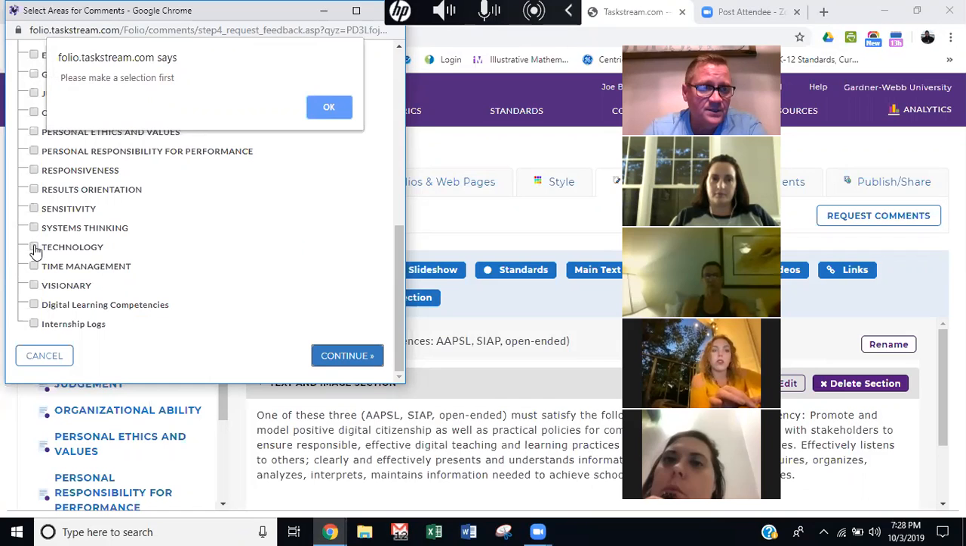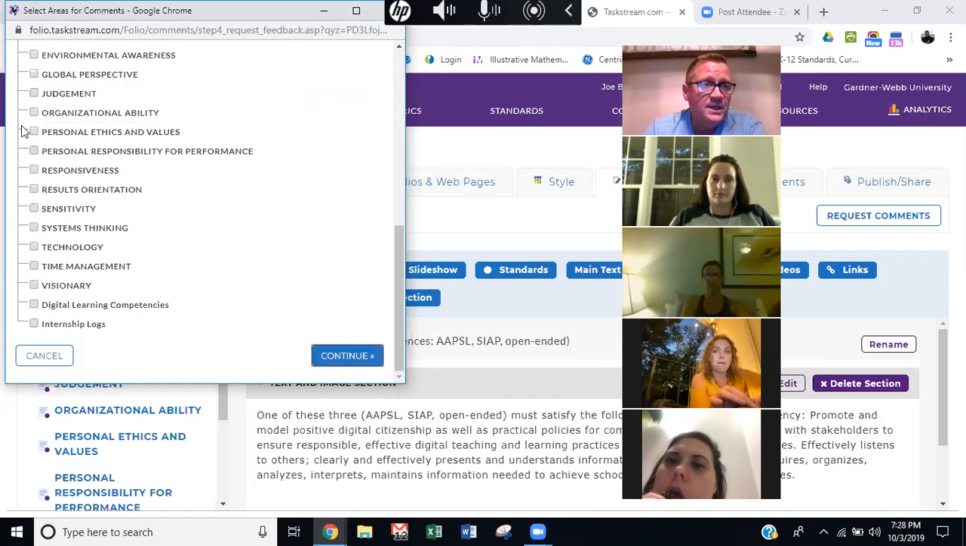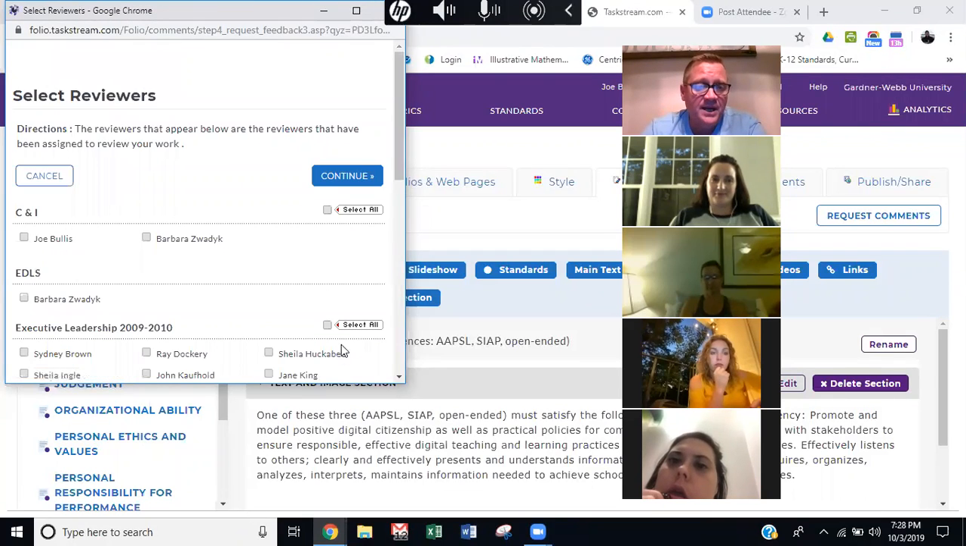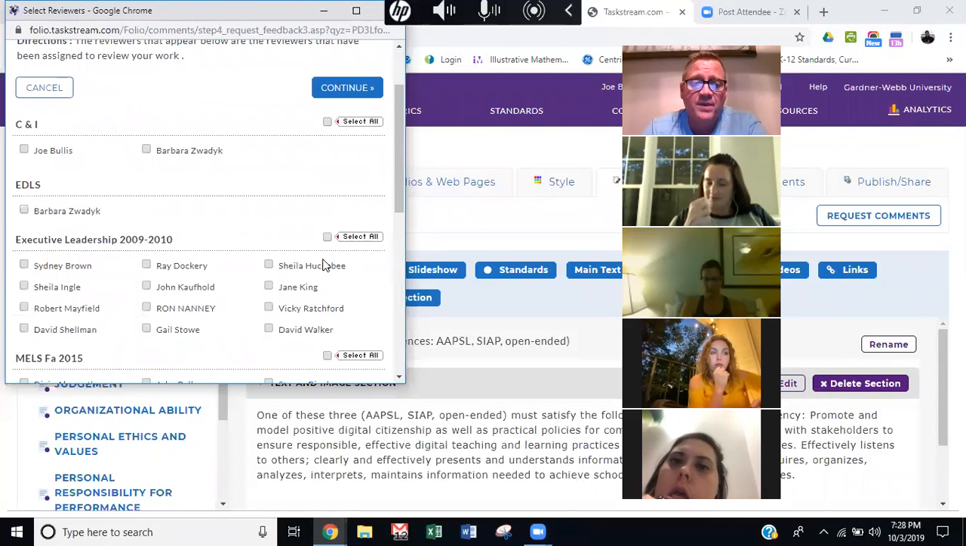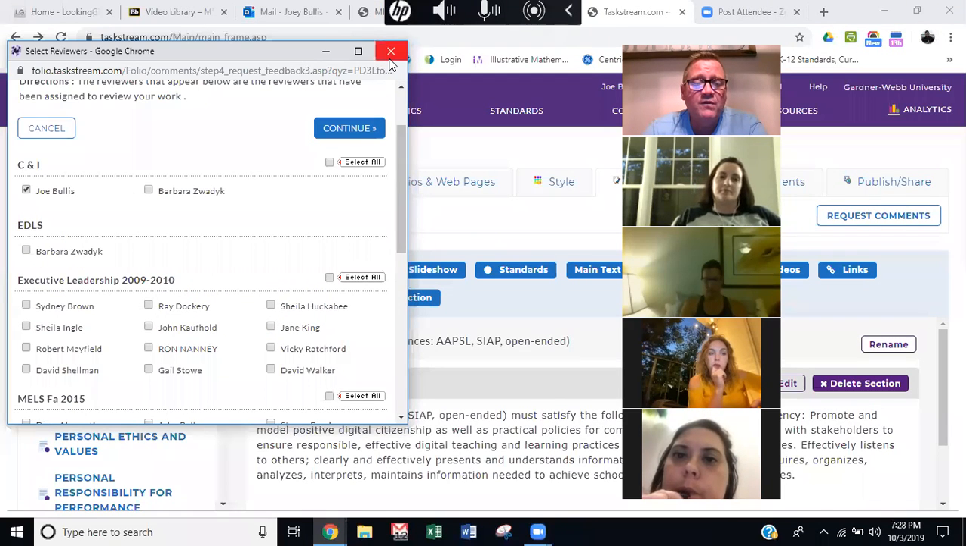Okay, let me make a selection first. It's being persnickety, as Grandpa used to say. All right, and you find my name. Could be the only name on here, could be in the middle of a bunch of them. You click my name, and then you click continue, and it will send notification to me that you've requested comments